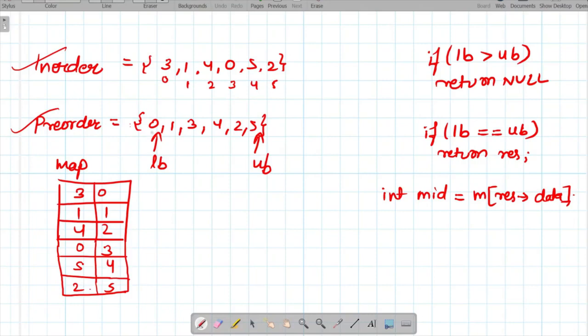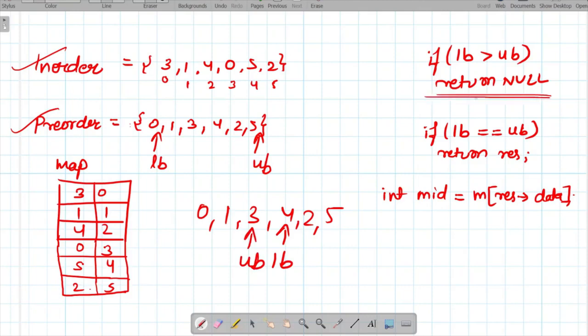So we will check if at any point of time our lower bound becomes greater than upper bound, which means that if there is a case something like this 4 to 5, if our lower bound is this and upper bound is this, then in that case we have to stop our traversing. So in that case we have to return null.